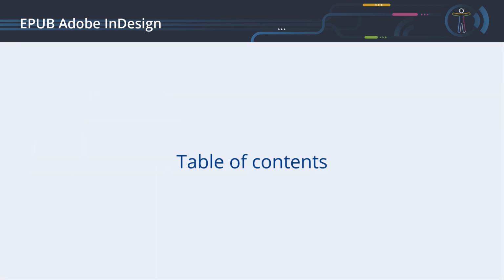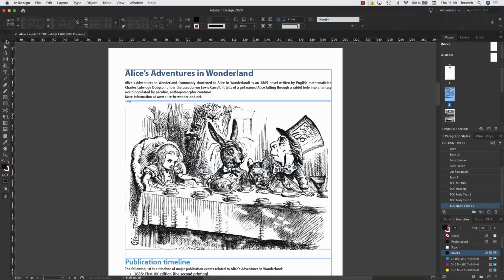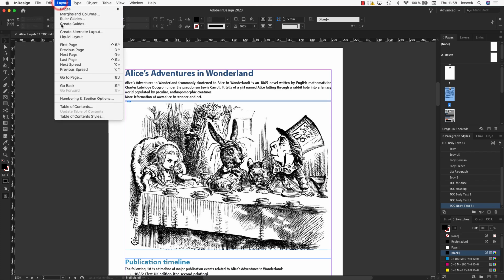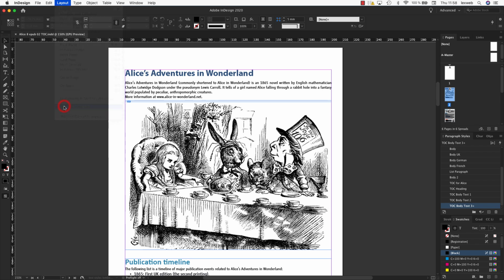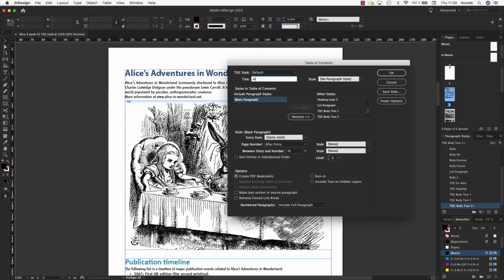Table of Contents. To create a table of contents, select Layout, Table of Contents. The Modal dialog box opens. We give our table of contents a name and select a predefined style to define its visual appearance.